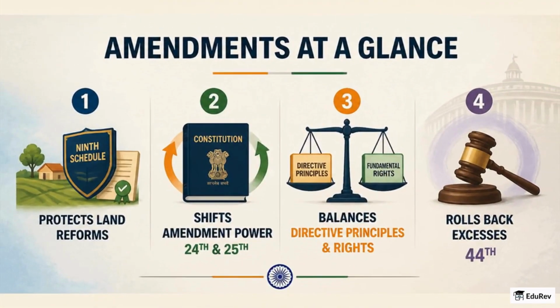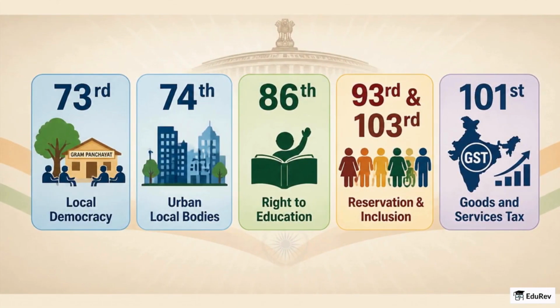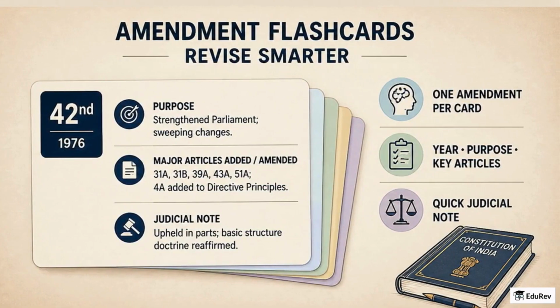First, protects land reforms and creates 9th schedule, 24th and 25th shift amendment power and directive principles balance. 42nd was sweeping. 44th, roll back excesses. 73rd and 74th empowered local democracies. 86th made education a right. 93rd and 103rd touched reservation and inclusion. And 101st created GST. Keep flashcards for each amendment with year, one-line purpose, major articles added, and a quick judicial